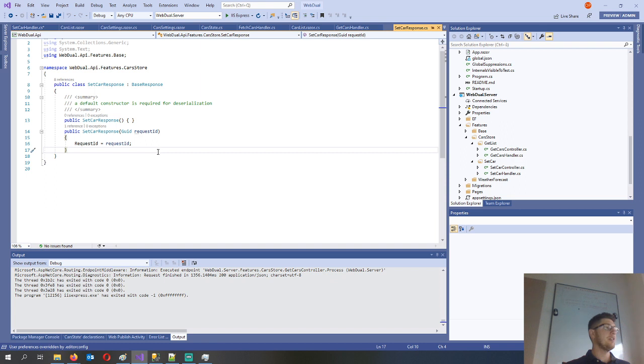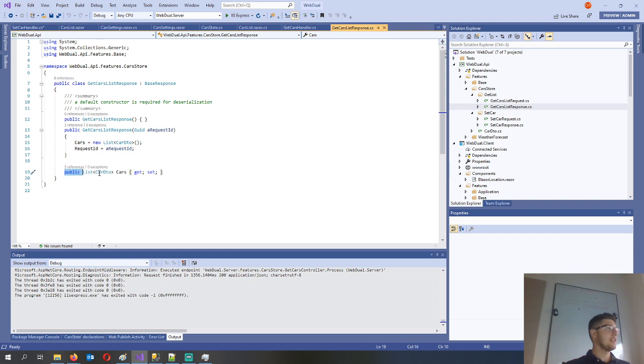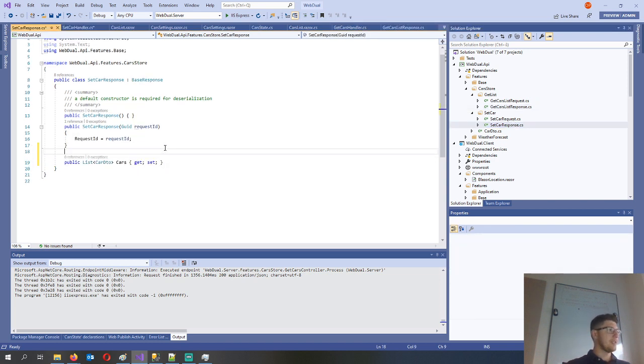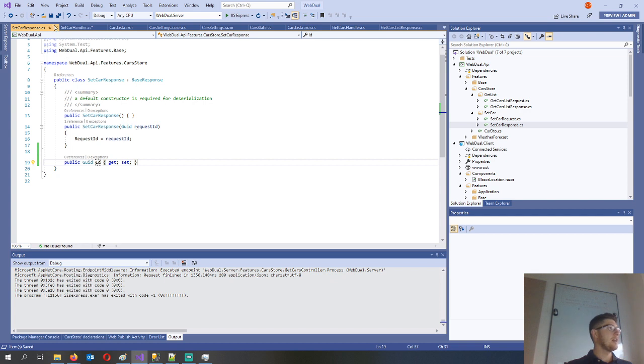and I will probably need here, let's take a look here. I'll probably need here another property, just like I have the list of cars in the get cars list response. I'm gonna need the same in the setCar response. But it's not gonna be a list, it's gonna be a GUID. Car ID, or just ID, it's fine. And of course I have to adjust the action on the server so it gives me the ID, but that's gonna be a quick operation in a second. So let's just assume that I got the ID back